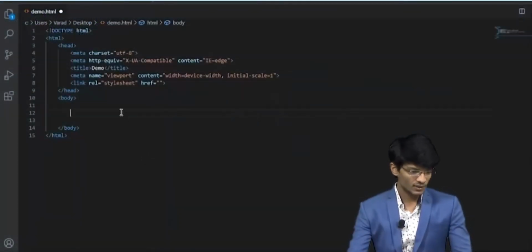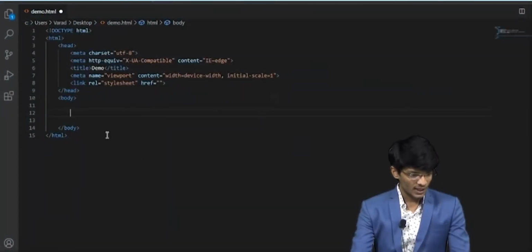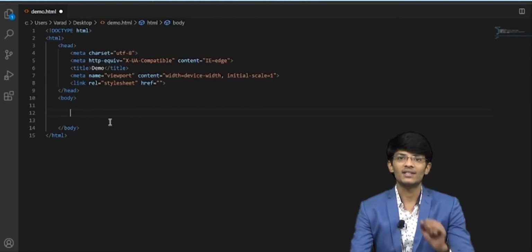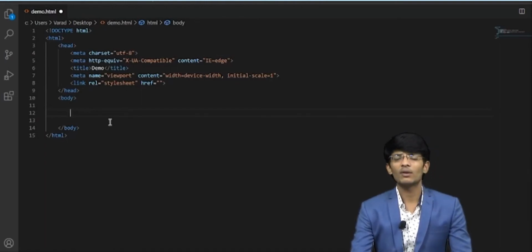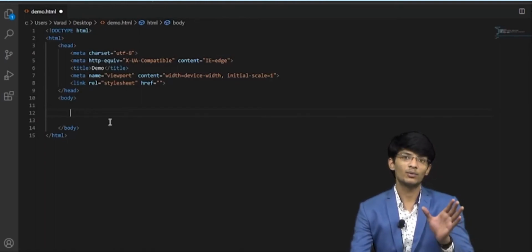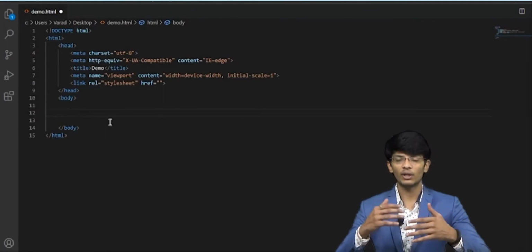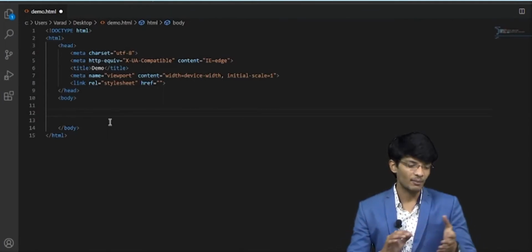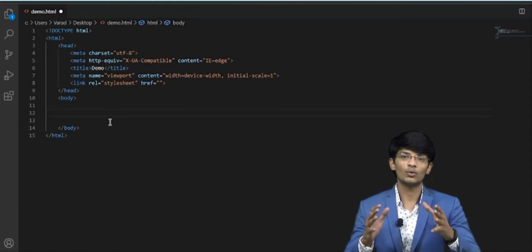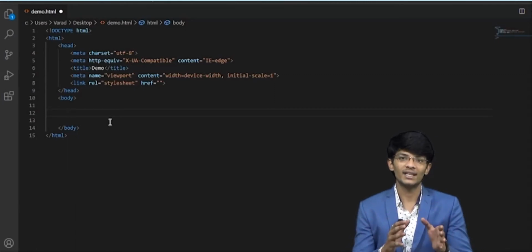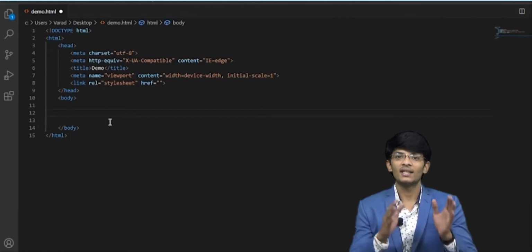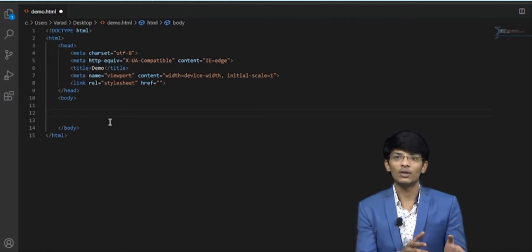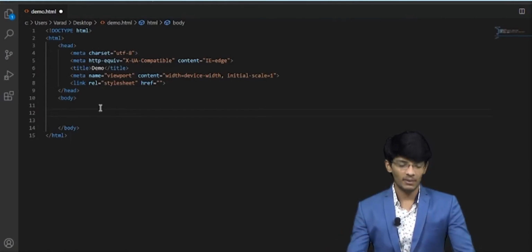As you can see, I've got a little demo file of HTML. Now we are going to add some Bootstrap classes which we are going to learn in future classes, but for reference I am going to use them, and I am going to show how to include the CDN and how we can see the Bootstrap material which we included on our website page.